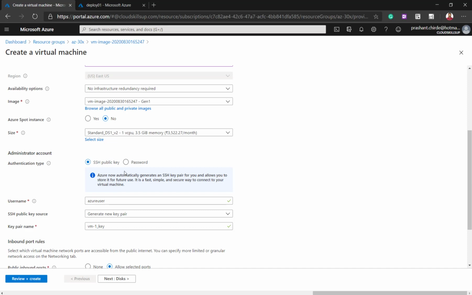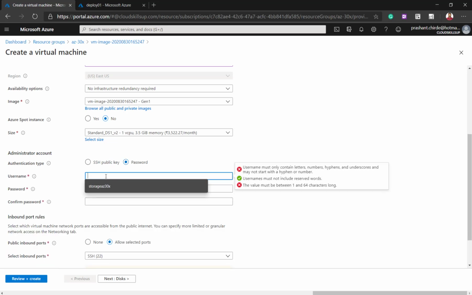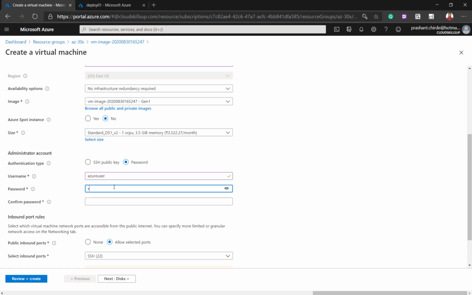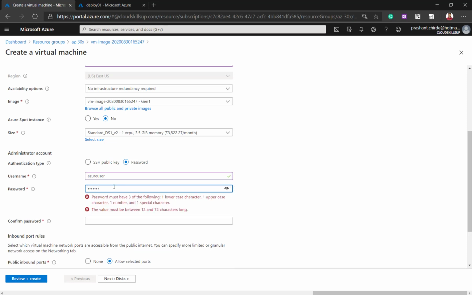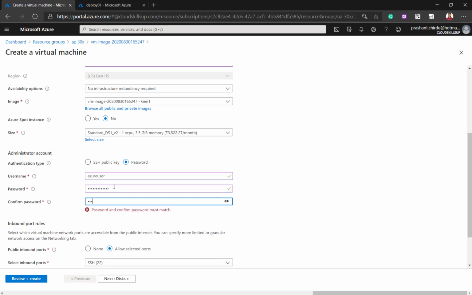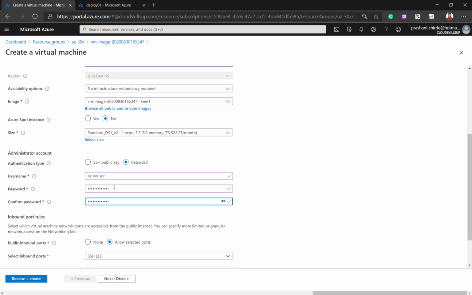Here I am going to choose password based login for this VM. Let me provide the password details here so that it can validate the password also. Okay, the password validation is also successful.